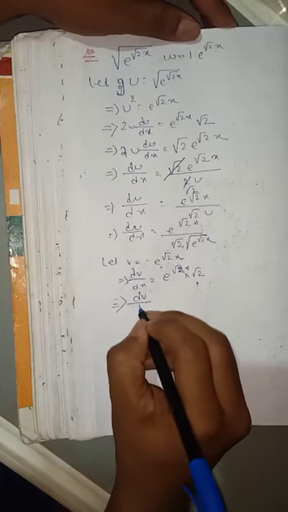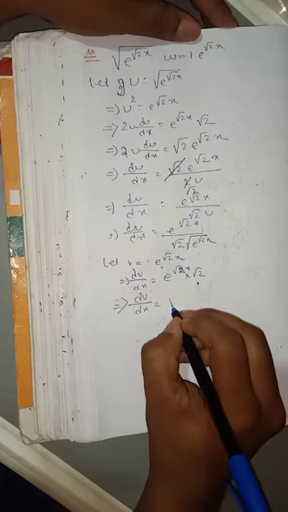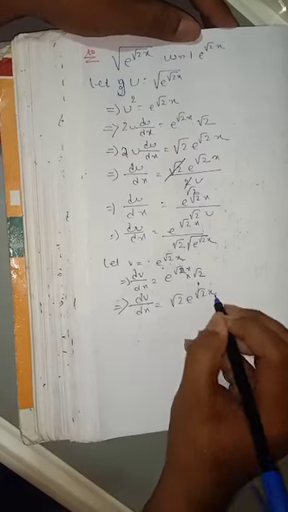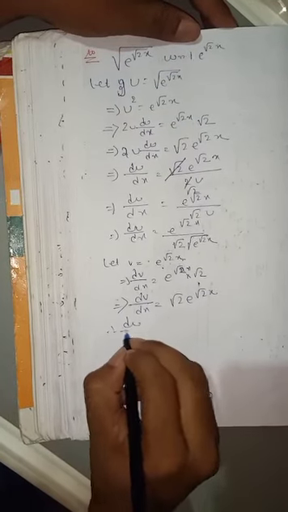So dv by dx is equal to root 2 e to the power root 2x. So du by dv